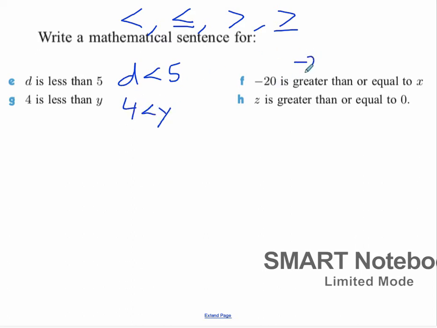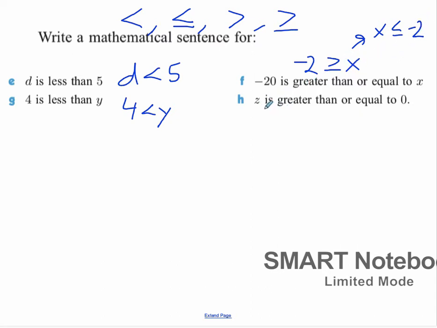Negative 2 is greater than or equal to x. Or another way to write this is x is less than or equal to negative 2. Okay, so that makes it a little bit easier to understand sometimes. So this means numbers like negative 2 or anything less than negative 2, like negative 3, negative 4, negative 4.5,